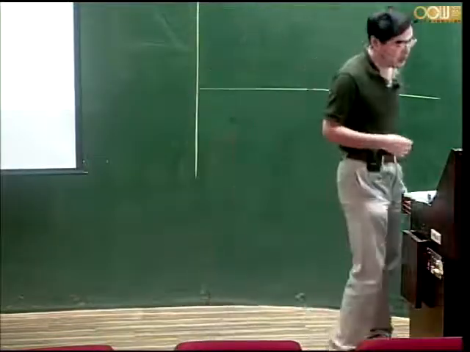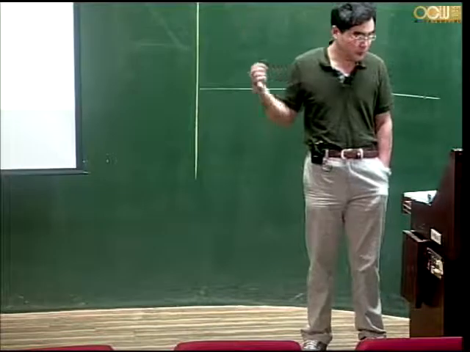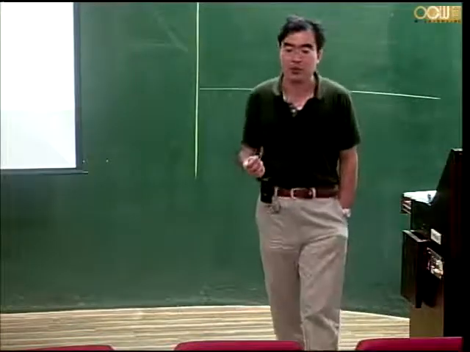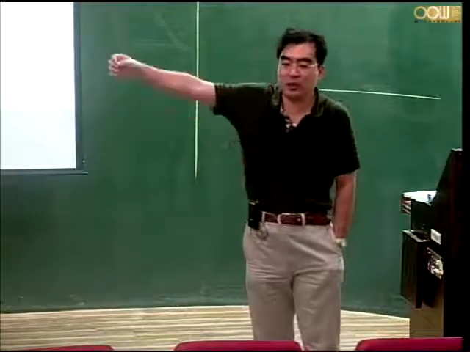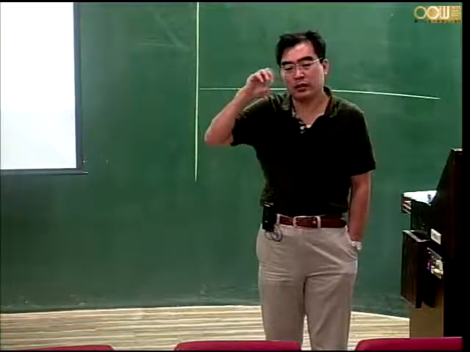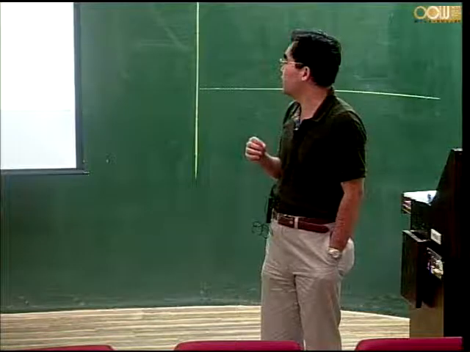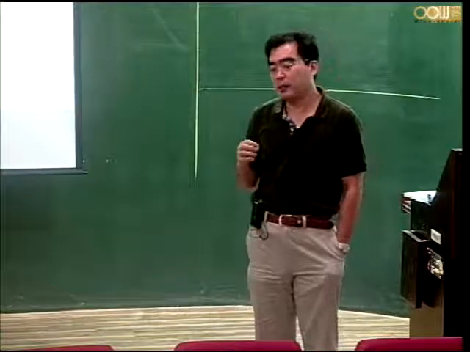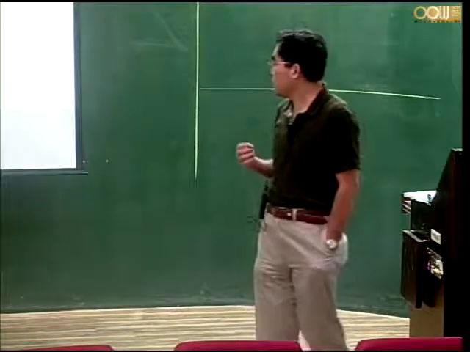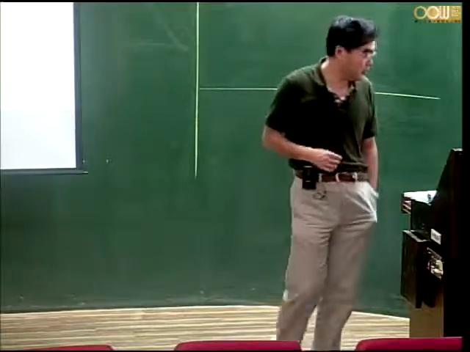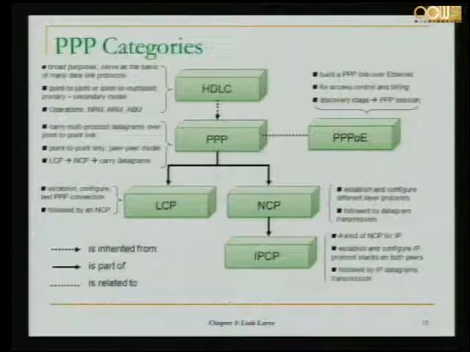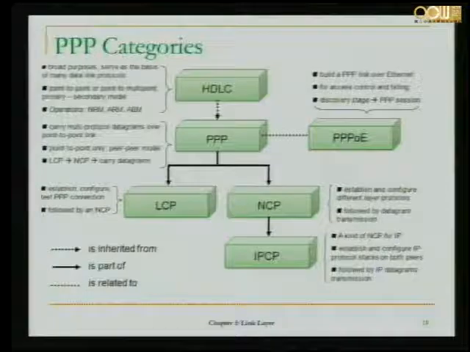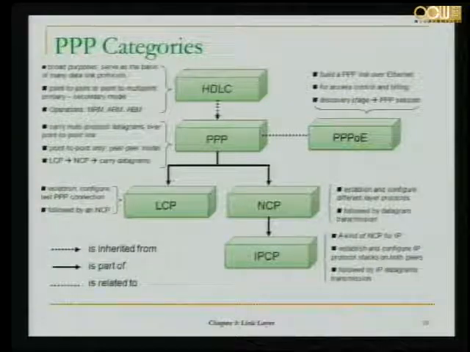And then you would have PPPoE because at home, or in a small office, you might have multiple stations sharing the same DSL link. Then you would need IP over PPP, then over Ethernet. So your IP over PPP, then over Ethernet. So you would need PPP over Ethernet. So this is kind of a protocol family that HDLC is